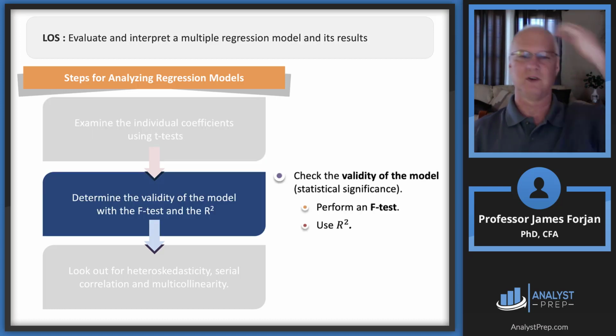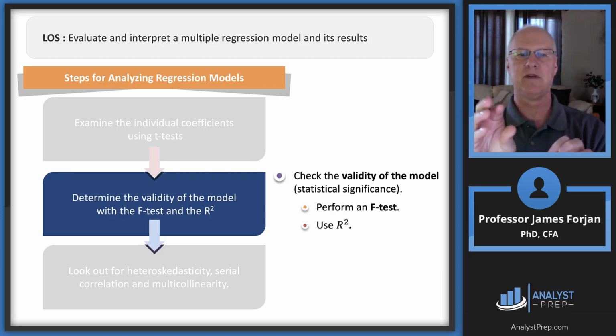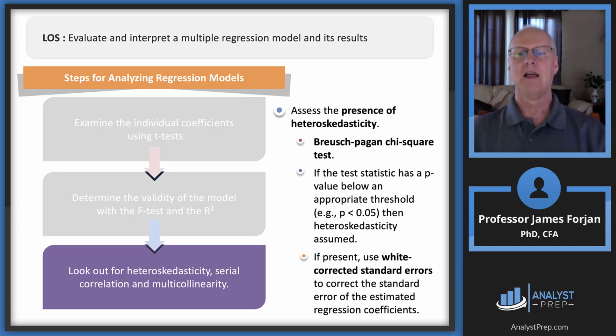All right, then ask yourself the question, all right, what about the overall? So we tested the individual slope coefficients, those partial coefficients. What about the overall validity of the model? This is where we look at the R-squared and the adjusted R-squared and the F-test. Then we need to say, all right, I remember Jim was telling us marginal costs and marginal benefits. So how do we detect things like heteroskedasticity, correlation, and